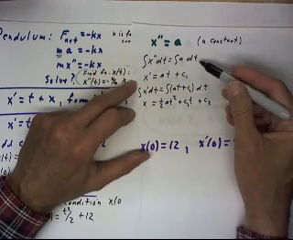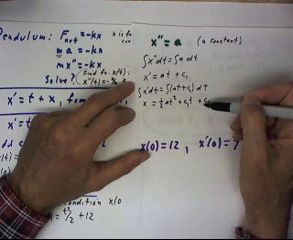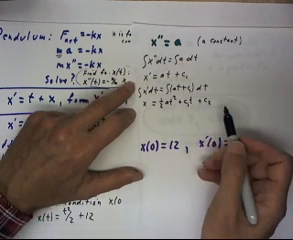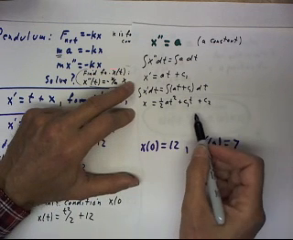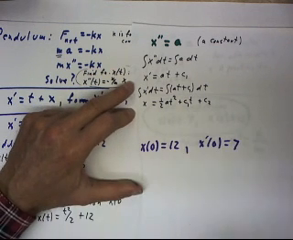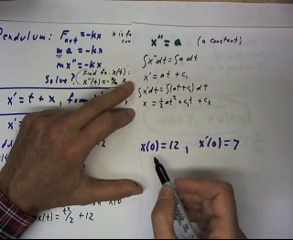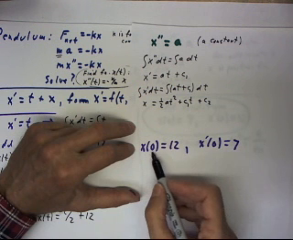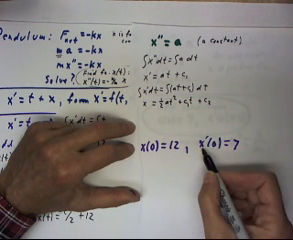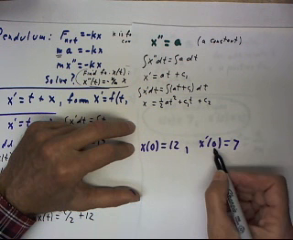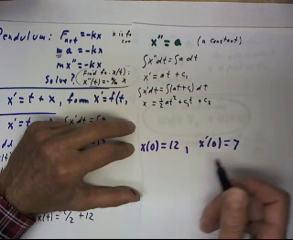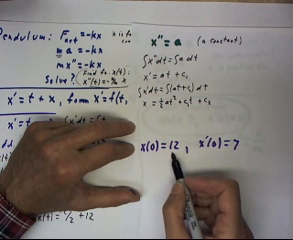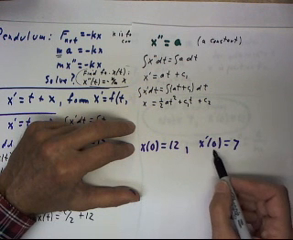We see that in the process of doing two integrals here, we've obtained two integration constants. This allows us to put two conditions on our function. We could specify, for example, that the value of x at t equals 0 is 12 and the value of x prime at t equals 0 is 7. If this is motion, this would correspond to setting an initial position equal to 12 and